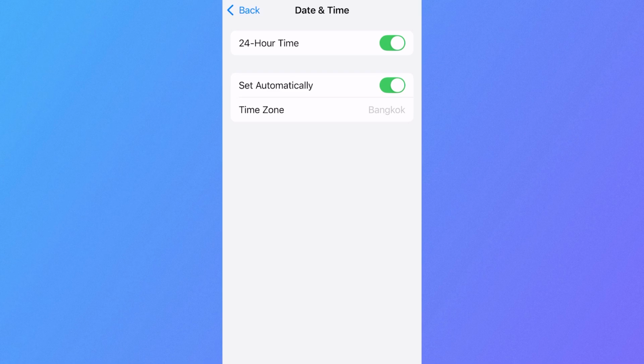In this video, I'm going to show you how to fix the issue where your date and time is grayed out on your iPhone. So you can see at the moment that my date and time is currently working, and that's because I just fixed this issue. Now, if you can't toggle these options on and you can't enable them because it's grayed out, then what you'll